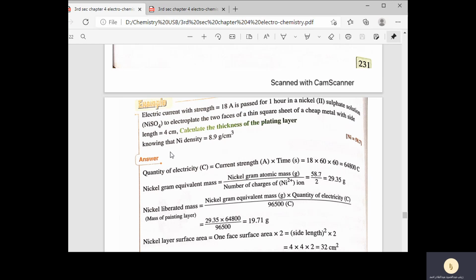طيب الأول هجيب الكوانتيتي اوف electricity، أو هجيب الماس اللي أنا هحطها على السكوير ده. أجيبها إزاي؟ الرول بتقول لي الماس النيكل جرام equivalent mass equal the nickel gram atomic mass over the number of charge. طيب الاتوميك ماس بتاع النيكل كام؟ هو مديهولي 58.7 والنيكل دايفالنت، يبقى هعمل دي يديني على طول الايكويفالنت ماس. ابتدي اشوف الماس liberated mass اللي هي الماس that will be used to plate the square sheet. يعني الطبقة اللي حطيت لي دي أنا عايزة الماس بتاعتها قد إيه؟ فهاخد النيكل equivalent mass times the quantity of electricity over